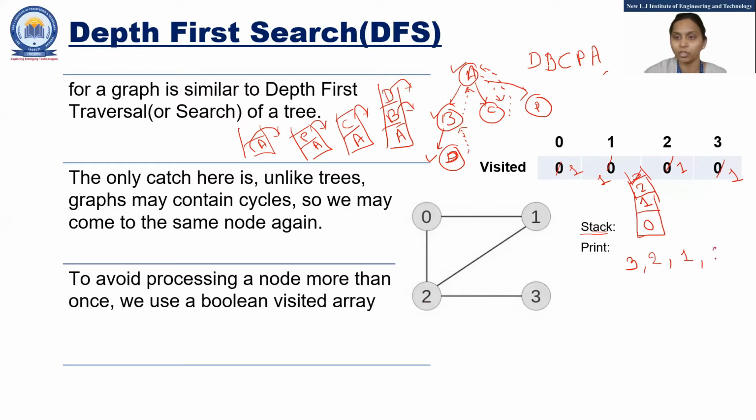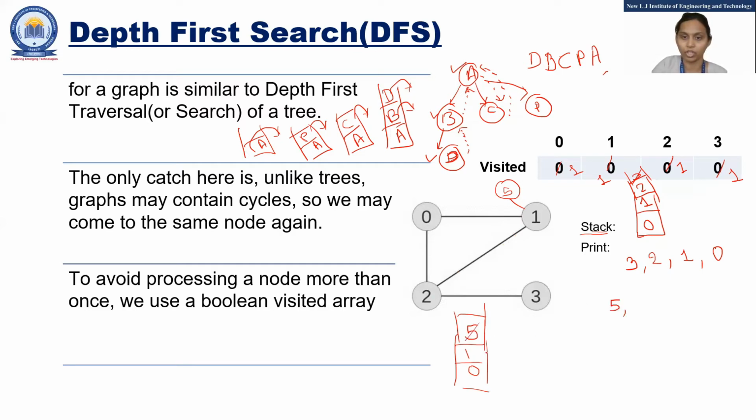But if my graph is a bigger one, then there can be a case that you have a node 5 here. So what can you do? You start with 0, then after 1, you can select 2 or 5. Anything you can choose. But if you select 5, then what will happen? Instead of selecting 2, you selected 5. Then 5 is a dead end because after 5 you don't have any connection. So 5 needs to be popped out. So 5 will be printed first.